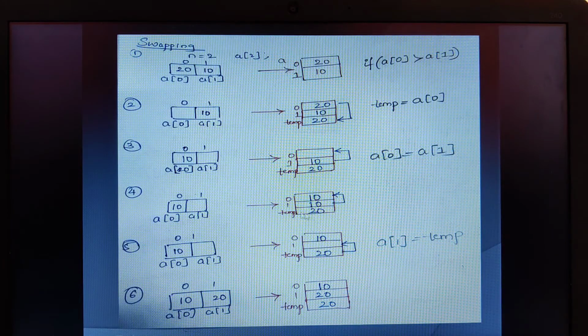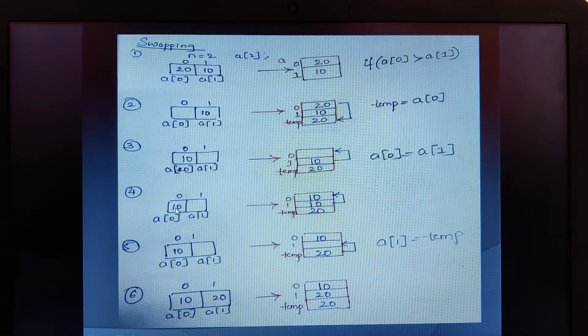Now here you come, see, at this particular point what happens, whatever is there in the 1 is getting moved in the 0th location. When it is getting moved in the 0th location, here also the value remains, since it is a variable, so the contents will be rewritten at this particular location. So 10 is getting moved into this particular location. Therefore 10 has been placed here.